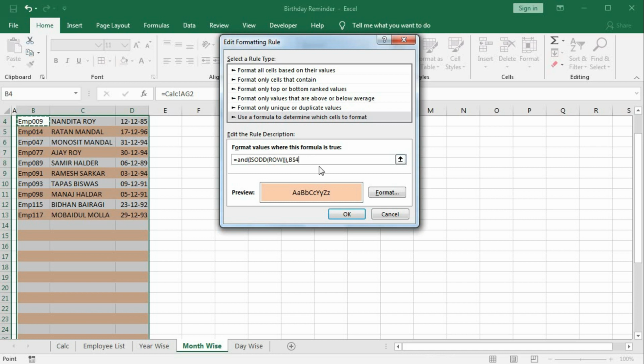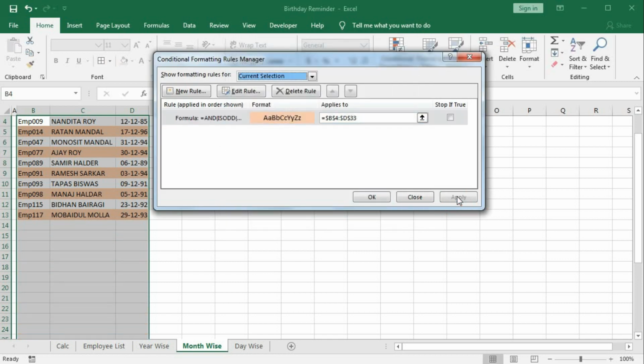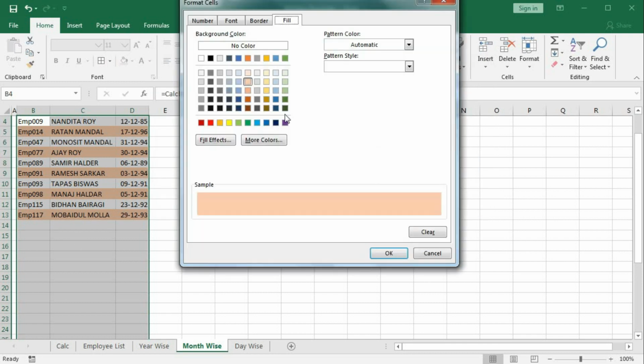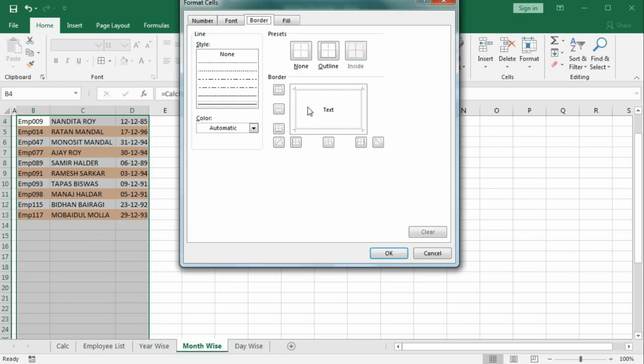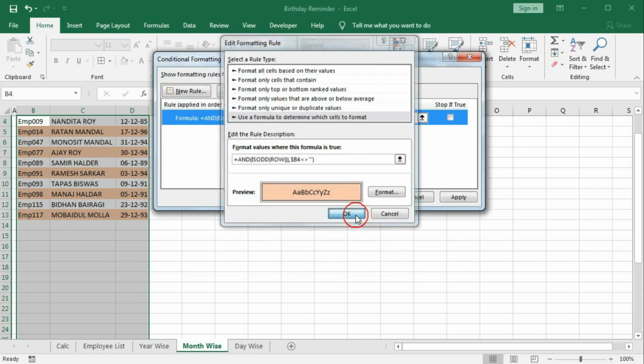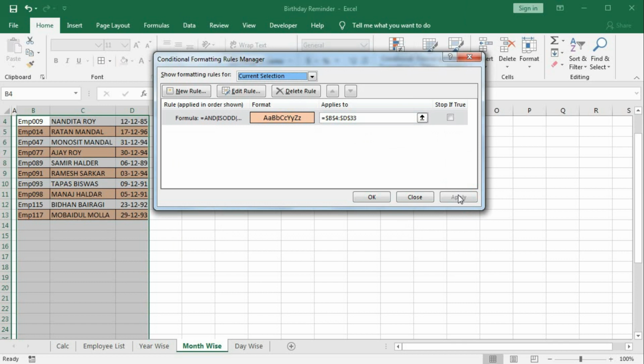So press F4 again. Okay, dollar before, not equal to blank, bracket close. Okay, apply. And here in the formatting we want to give a border, so you can give outline border. Okay, okay, apply.